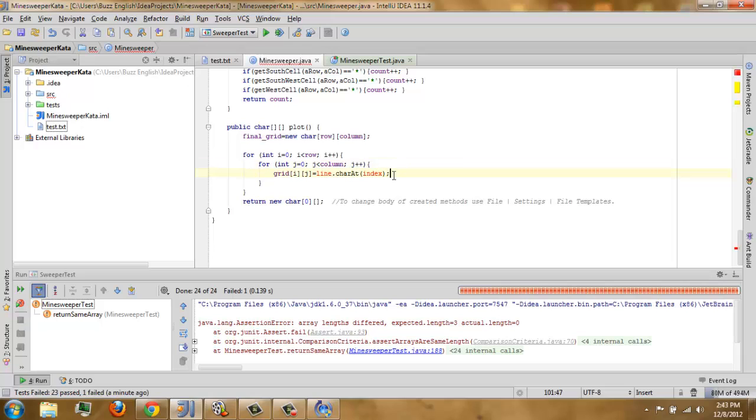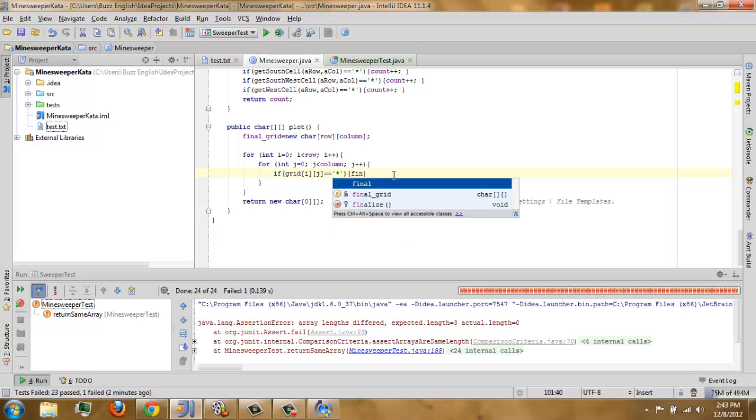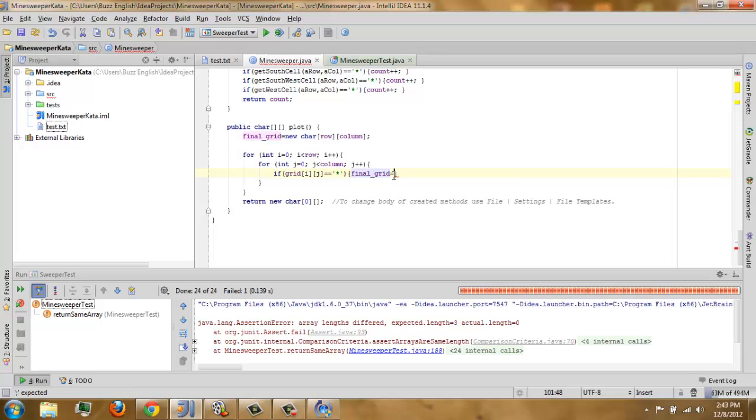So we have a case: if grid ij is equal to mine, you just put it there on our final grid. Then final grid ij equals dot.